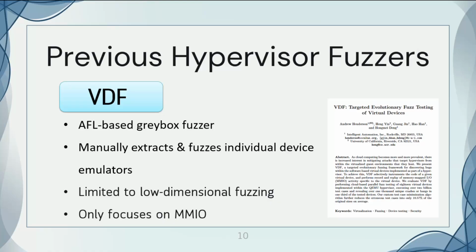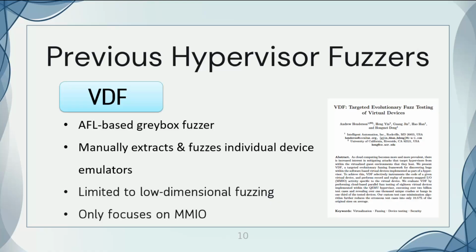The key idea behind VDF is to manually extract individual device emulations from a hypervisor and then fuzz those components in isolation. So this is kind of limiting it to low-dimensional fuzzing, and in practice it mainly targets MMIO interactions. So instead of fuzzing the entire hypervisor, it focuses on specific device emulators one at a time. This improves coverage inside those individual devices, but it has